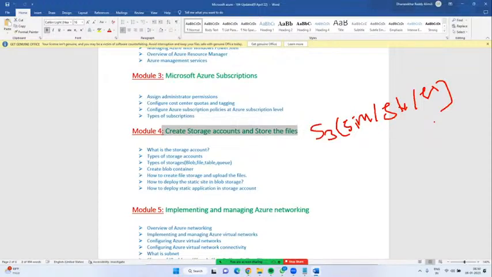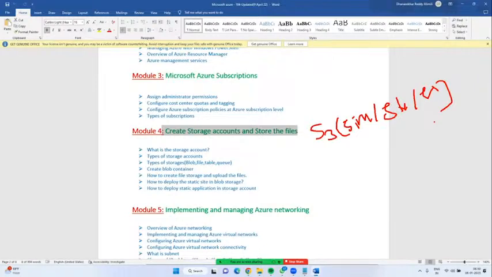Next, that is about the storage account. What is a storage account? A storage account is a main space where we can store structured or unstructured data. Unstructured data, in the sense, movies. If we have 1 lakh movies, each an HD 4K Ultra HD video of around 6 GB, 1 lakh into 6 will go to around 600 terabytes of storage. To store such videos, unstructured data, we use a storage account.